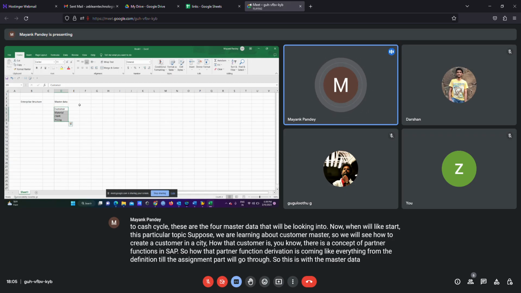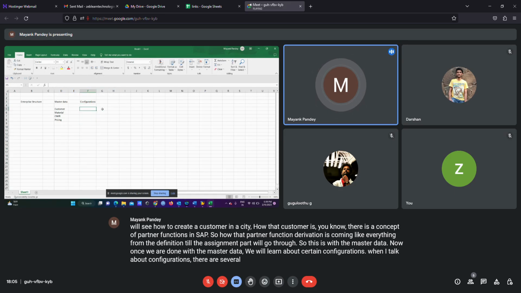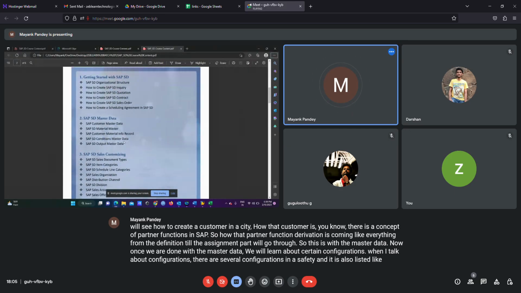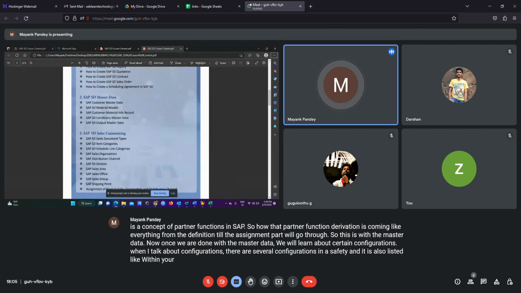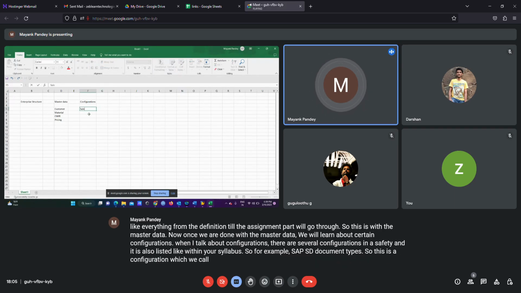Now, once we are done with the master data, we will learn about certain configurations. There are several configurations in SAP, and it is also listed within your syllabus. For example, SAP SD document types, which is a configuration we call sales document header configuration.